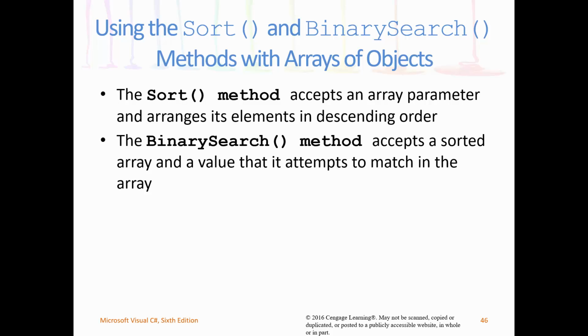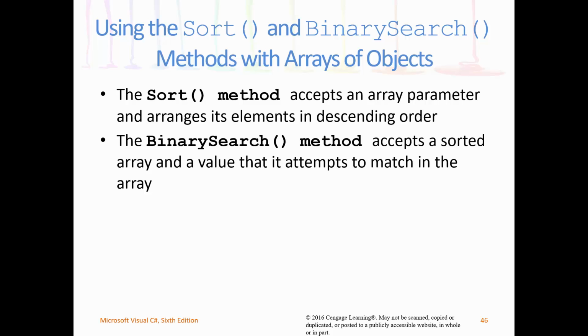All right. Now, C# has some built-in methods for you that work with arrays, and these are nice. The sort method will basically sort your array in ascending order. If you want it in descending order, you first run sort, and then you run what's called the reverse method. All right. A binary search,